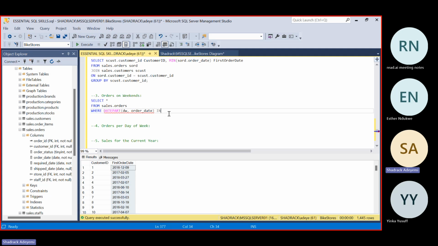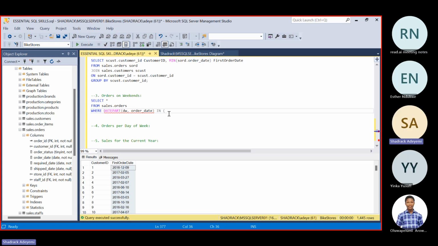Now, just like the IN operator that we used in the previous class to fish out specific information in a WHERE clause, you can do the same thing for a date function. SQL always counts day of the week; we have 7 days in a week. SQL always counts from Sunday, so it counts Sunday as 1 and Saturday as 7, all the way from 1 down to 7. So day of the week also follows that ideology of 1 to 7.